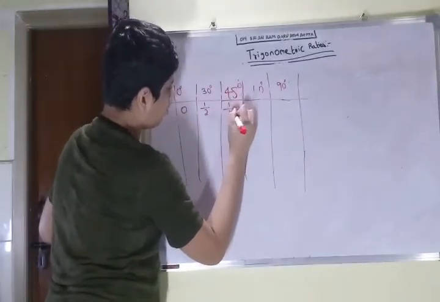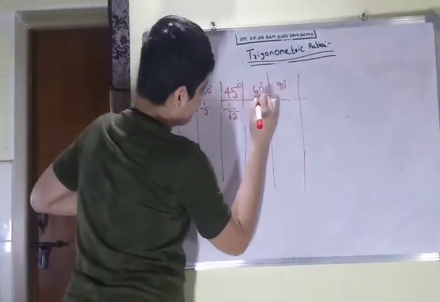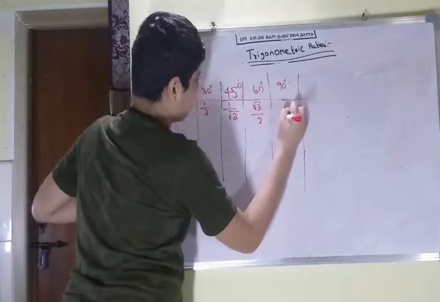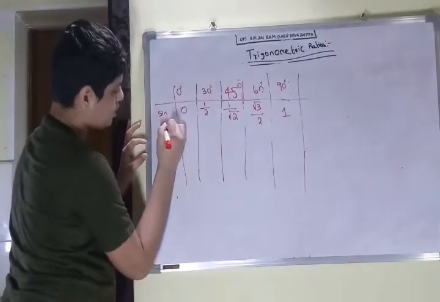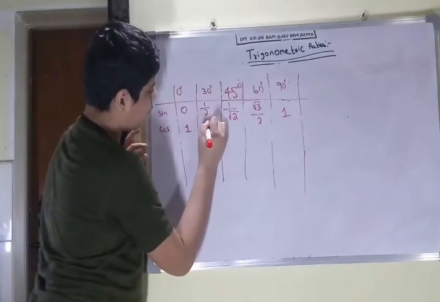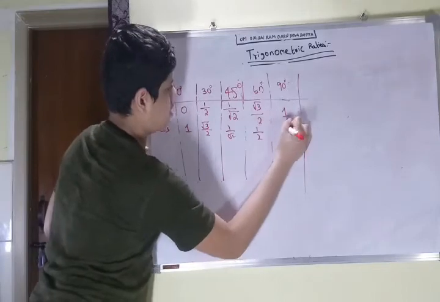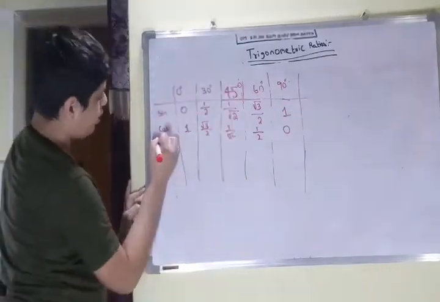1 by root 2, root 3 by 2, 1, cos. Now you need to reciprocate this. 1, root 3 by 2, 1 by root 2, 1 by 2, 0. Okay, now tan is